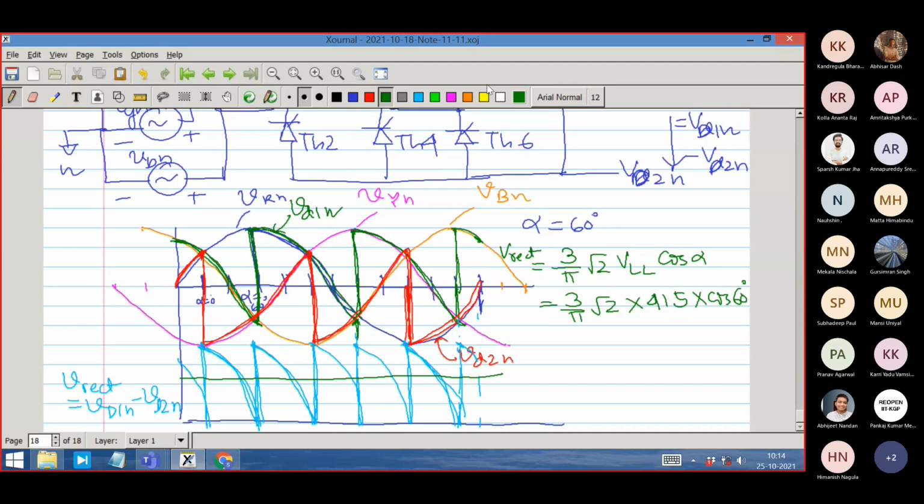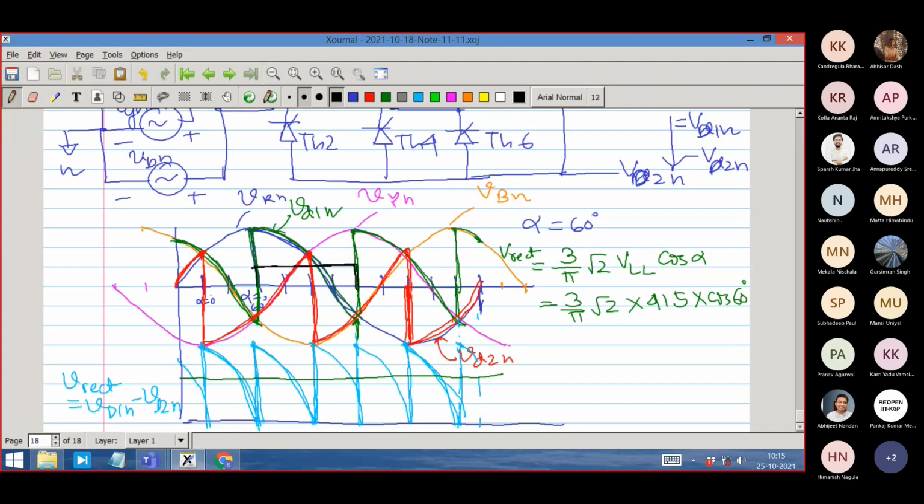Let me see it here itself. This may look a little clumsy, but let us put it here itself. Let me put it with black color. So when is the R phase conducting? R phase is conducting. We know that it is conducting this duration, and the current is 120 degree. So 1, 2, 3, 4. So this is how the current is conducting.